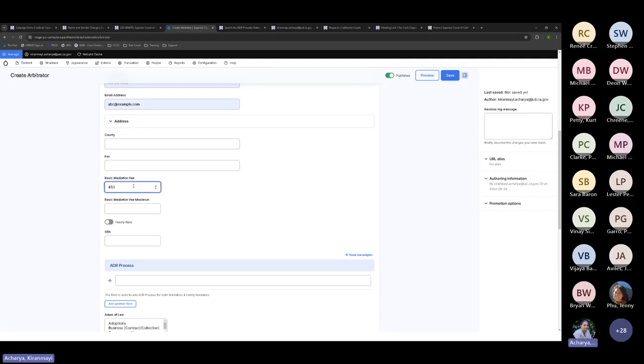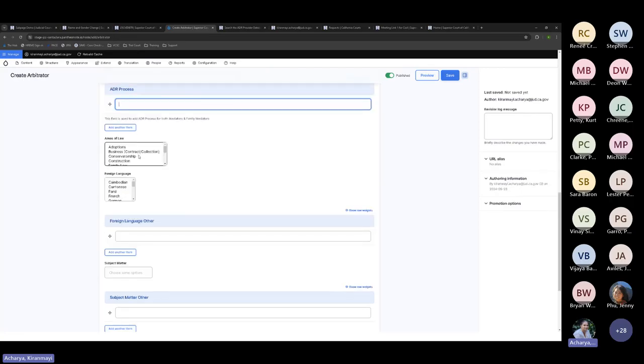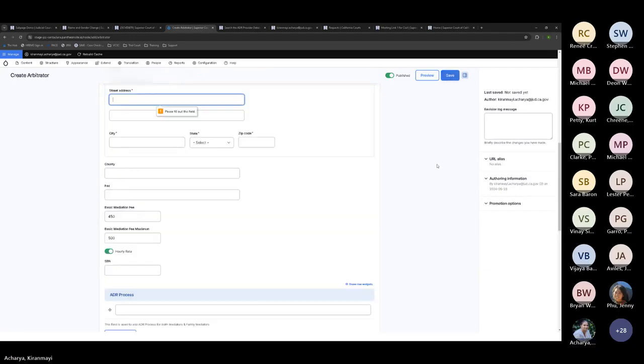We can also provide what kind of fees they charge. Is it an hourly rate or not, their SBN number, what ADR process it is. There you go, or you can also select from here. And I think you can click control to select more than one option. Also languages, if they want to publish that. And then once you click save,